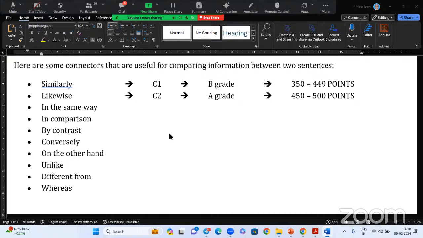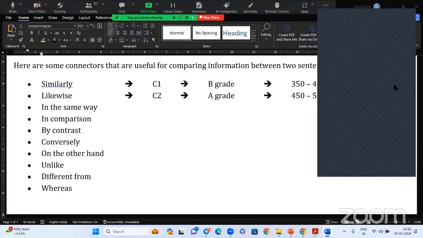So these are the ways how you can use it. Home visit is imperative. Sorry, it's a mistake there. It should be a semicolon, then likewise, comma. Otherwise, full stop, likewise with a capital L. Okay, there's a mistake. A semicolon should be there. If it is one sentence, it should be a semicolon, not a comma.